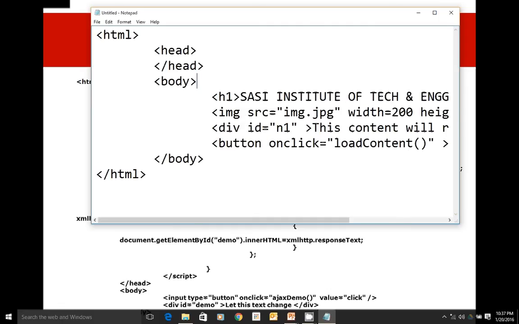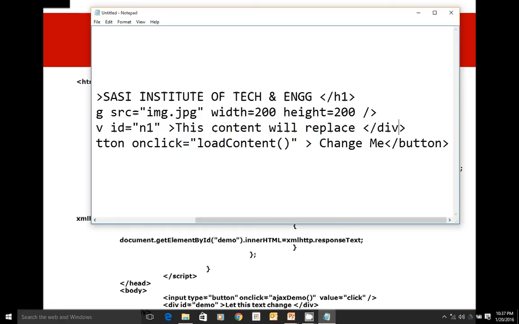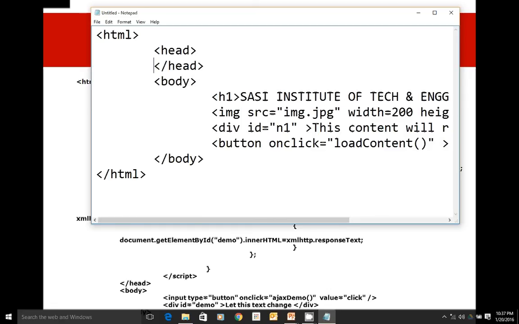The moment I click on the button, change me, I want to replace this content with new content.